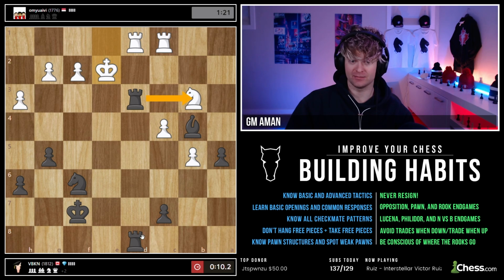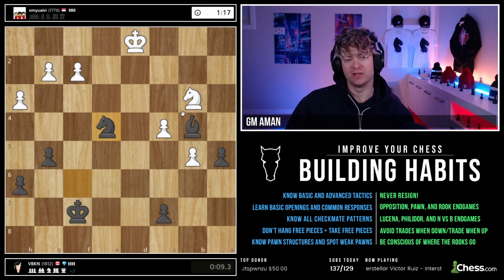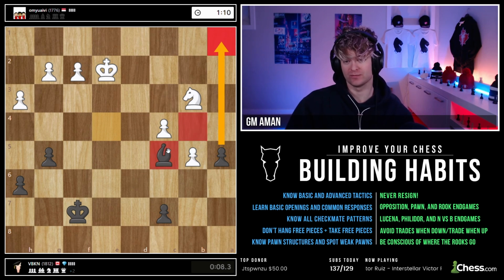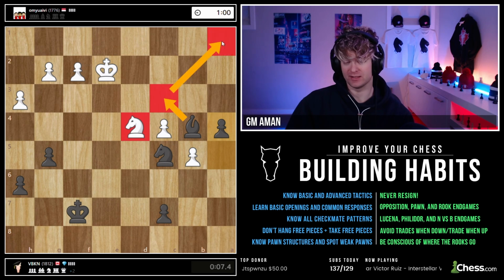Nice, and I can't take this because of that. Just take everything. Bring our knight in. And we either want to trade knights, if possible, or just push this pawn. Maybe a combo of both. But he should not want to trade with me here. Let's see what he does. Nice job. Bishop's probably going to go here because it supports the...